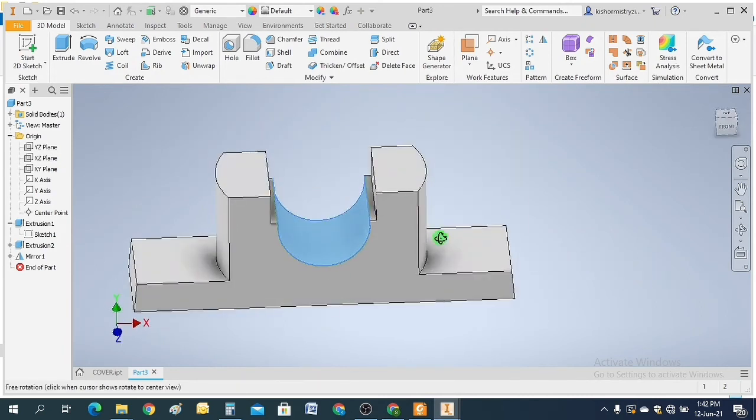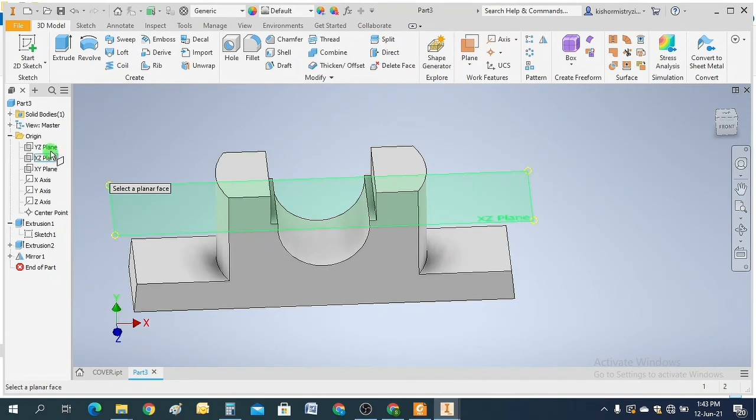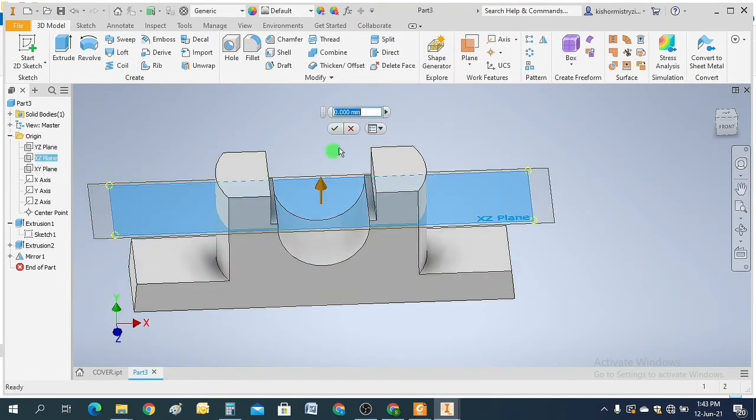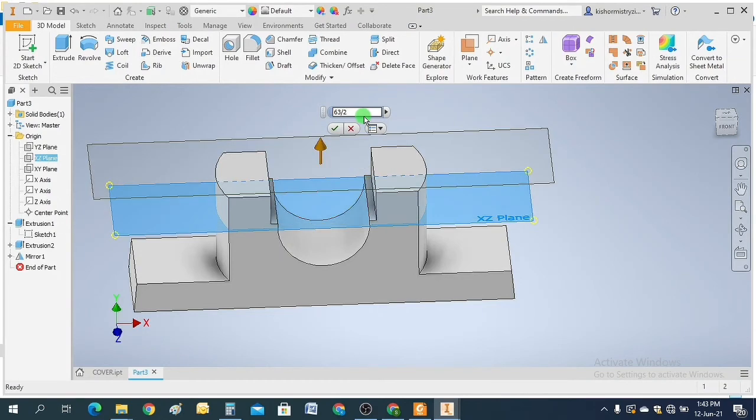I don't know how to bring it to this surface, so just offset from plane. Plane 63 divided by 2.